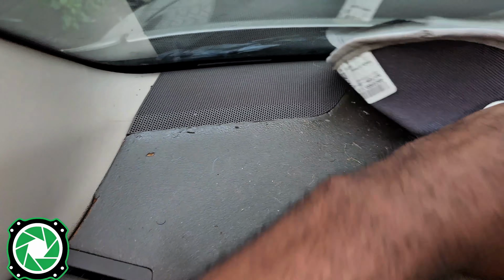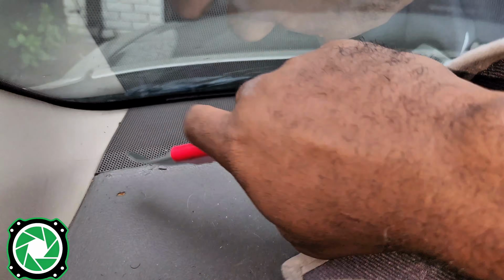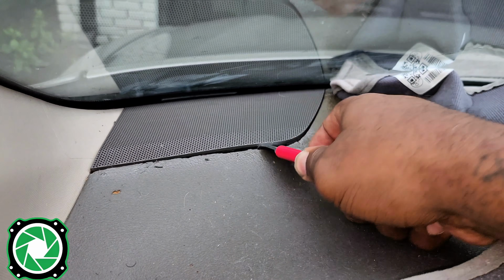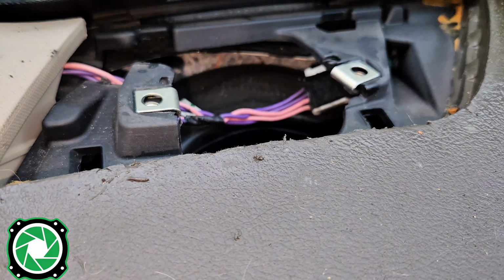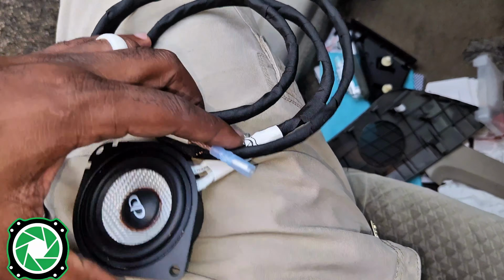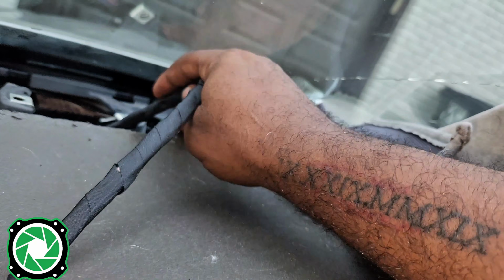Now that we got the door done, we need to come up here to the dash speaker location. Now, I'm pretty sure I already took these out prior, like back in the day. Yep, I already took those out. Remember, we did all these quick disconnects because we want all of our speaker wires to meet right here in the kick panel. But first, we're going to try to just fish this down to see if it comes down